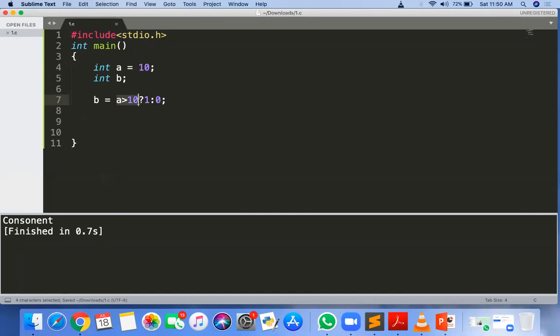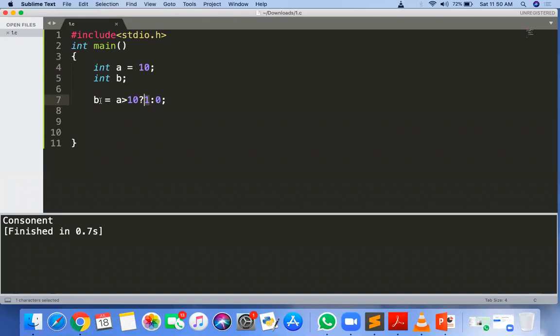So here a greater than 10, what is the result? The value of a is 10. 10 greater than 10, the result is false. If the result is false, then the whole conditional expression gives the result as this else part, the false part, that is 0. But if the first condition is true, then the whole expression has the result 1.